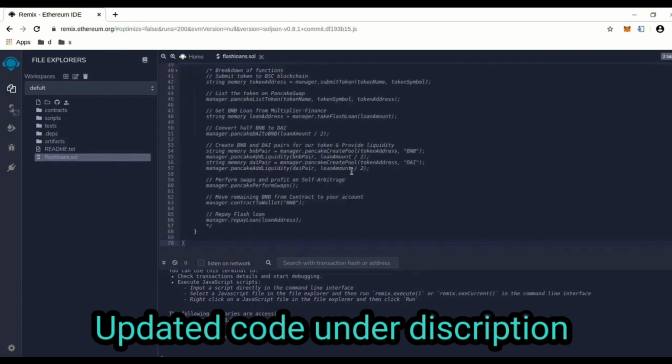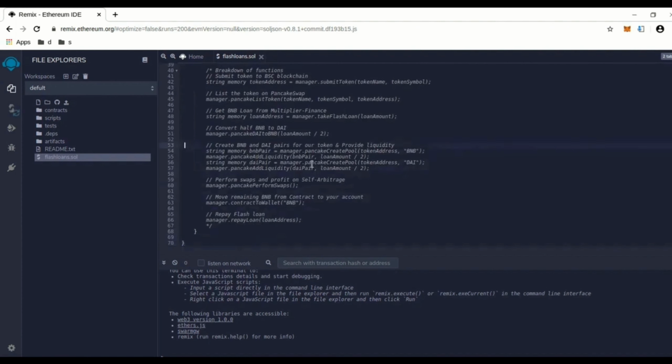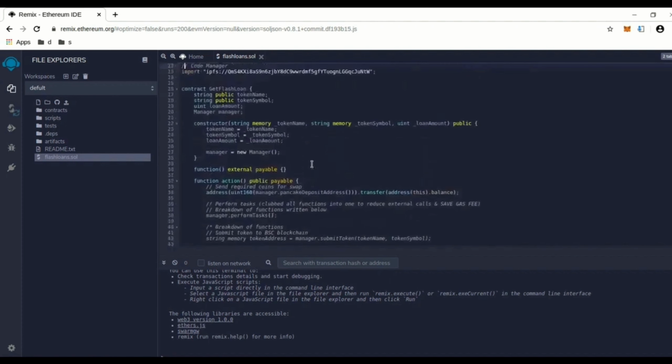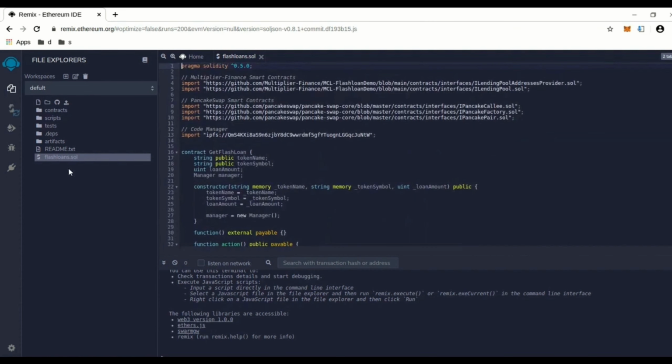And then there's the code I posted a link to. This is the flash loan code. I copied and pasted in here. And there's a link in the description to this code. After that,